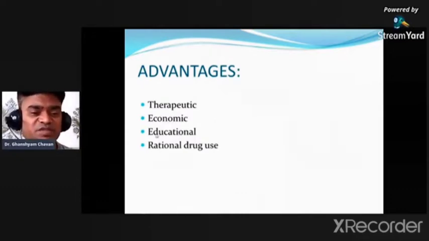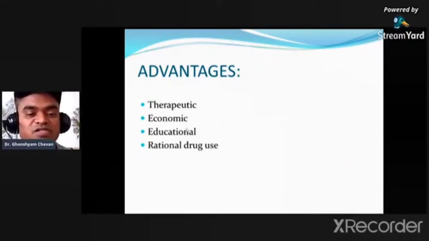Now for education purposes, the drugs which are planned or developed into the hospital formulary are useful to educate firstly physicians, then pharmacists, then nursing staff: what drug you should prescribe, which therapy, which guideline you should follow. After that, you should discuss the side effects, and you should educate nurses on how to use that drug.